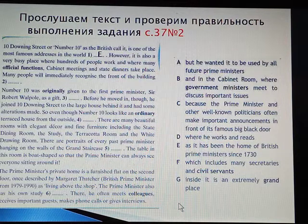Many people will immediately recognise the front of the building because the Prime Minister and other well-known politicians often make important announcements in front of its famous big black door. Number 10 was originally given to the first Prime Minister, Sir Robert Walpole, as a gift, but he wanted it to be used by all future Prime Ministers. Before he moved in, though, he joined 10 Downing Street to the large house behind it and had some alterations made. So even though Number 10 looks like an ordinary terraced house from the outside, inside it is an extremely